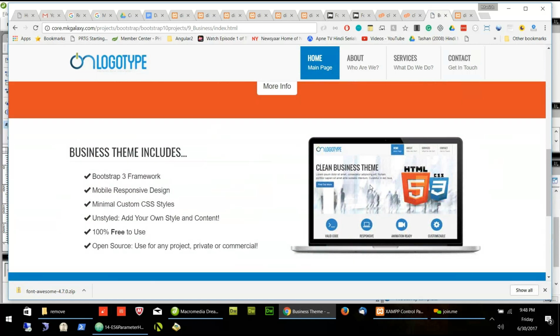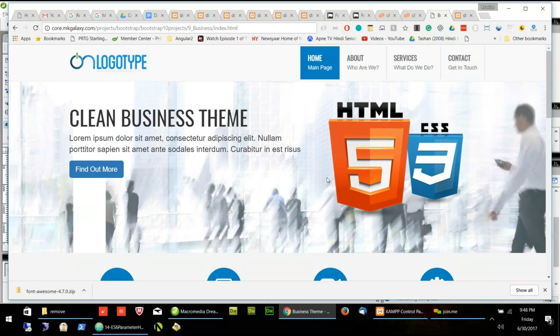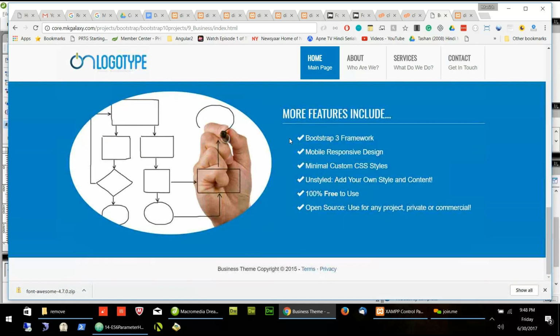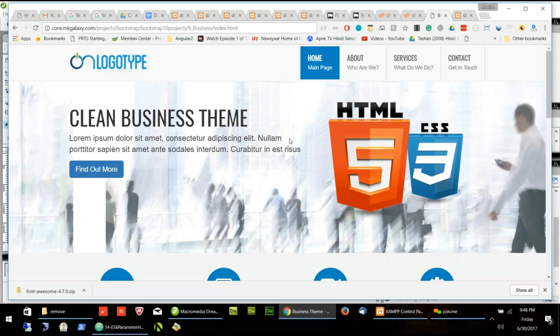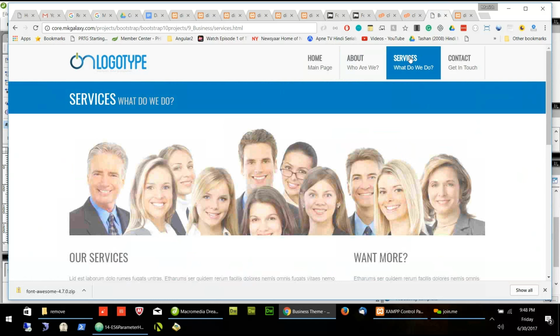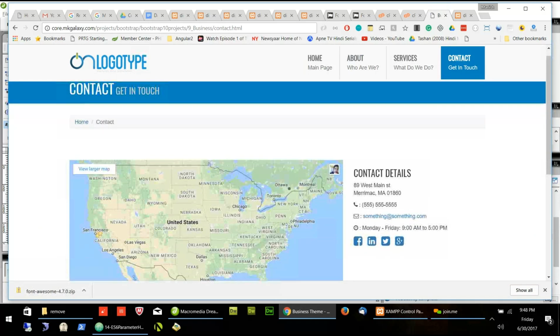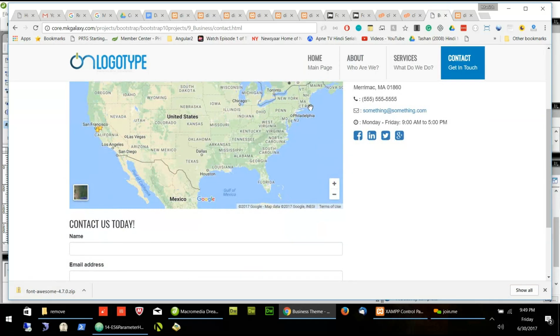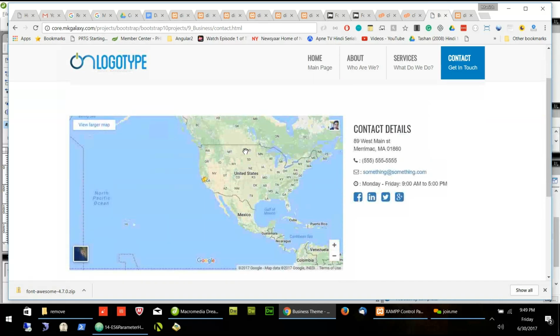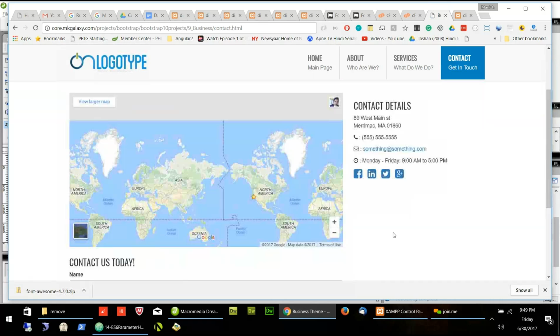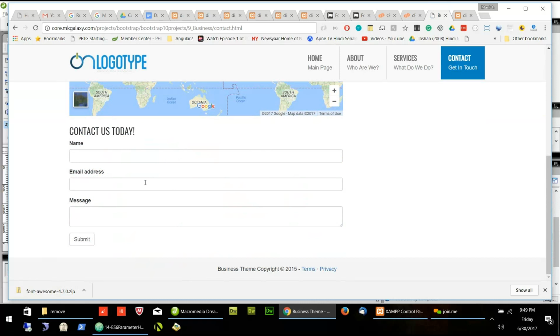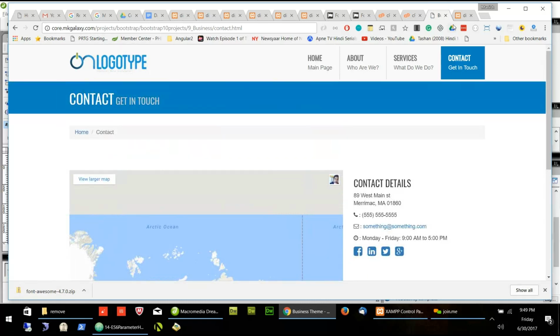Only this animation is a little bit of JavaScript. So if we don't put this animation, it will look like this only, and we will build it with CSS only, no JavaScript. We'll just put a simple CSS website, and we'll put a map of where we are located, something like that. And Contact Us if someone wants to contact us.